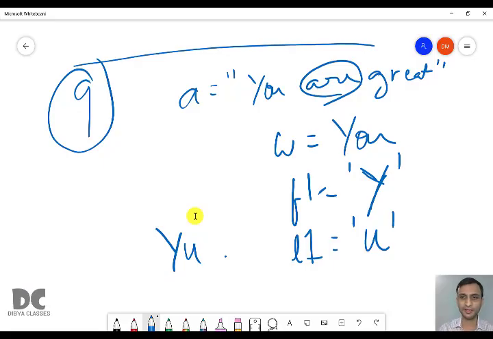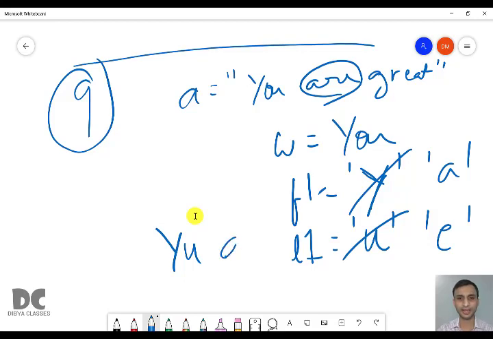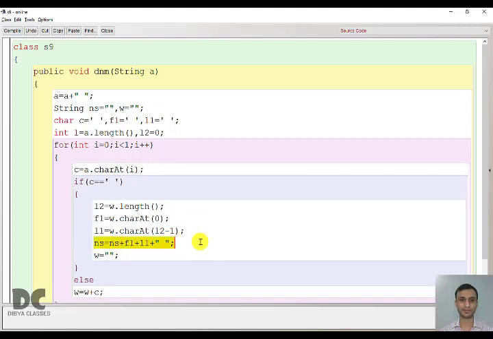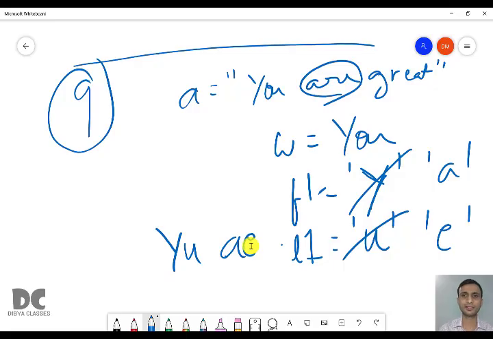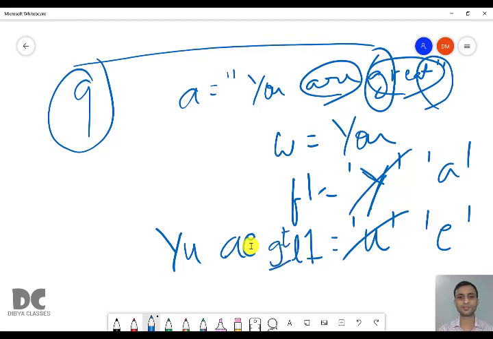At 0 we have A, and here we have E. Already in NS, YU space is there. With that A will be added, E will be added, and another space will be added. We are creating the new sentence in this variable. Similarly, at the end great will come. charAt of 0 is G, charAt of L minus 1 is T, so GT will be added. So finally we will have this new string.